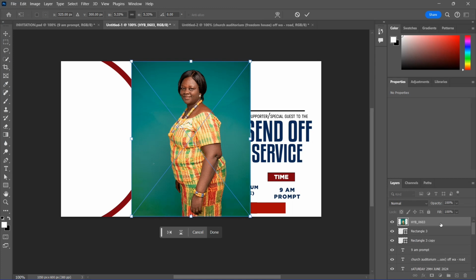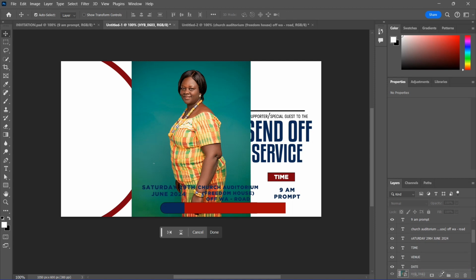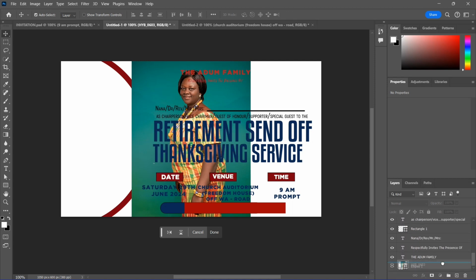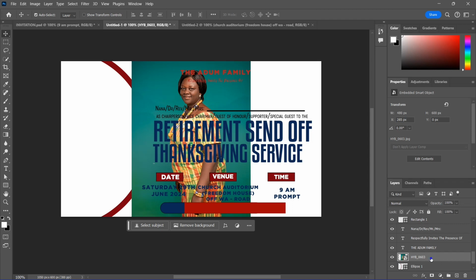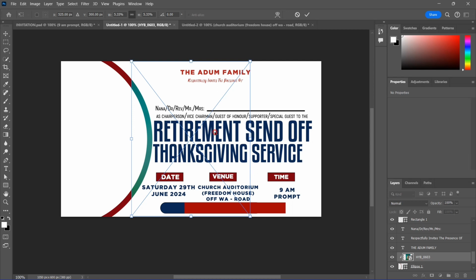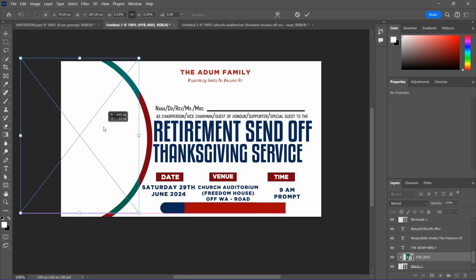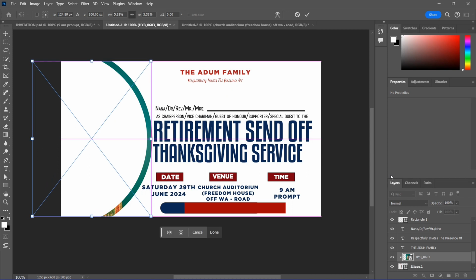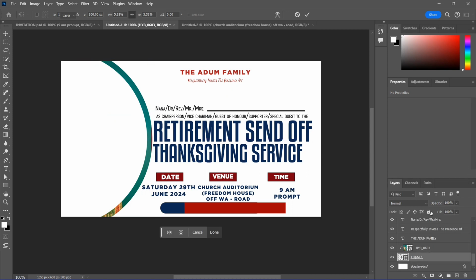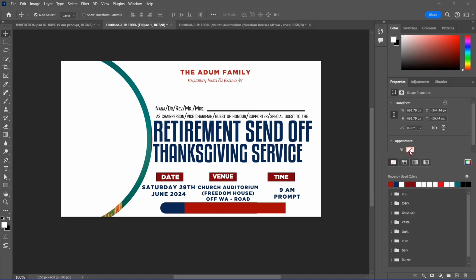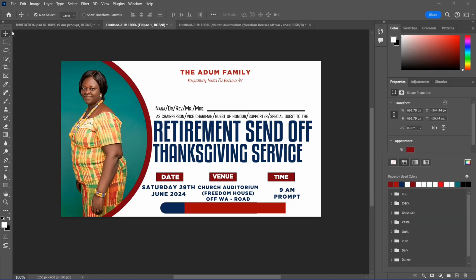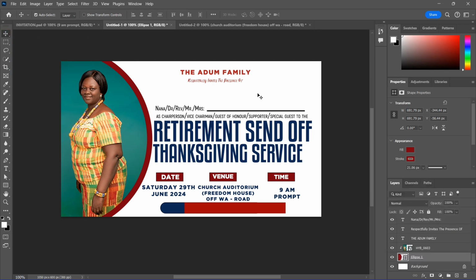So I'm going to drag it down on top of the ellipse tool. I'm going to create a clipping mask. I'm going to drag this so that we have something like this. So you can add your contact information here and you are done. So this is how to create this